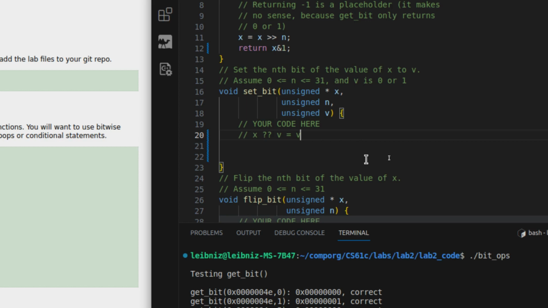What about a more complex one? How about this, X,